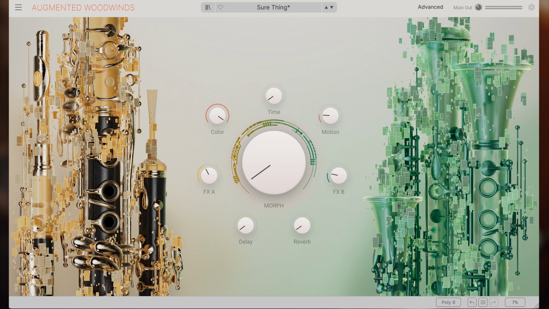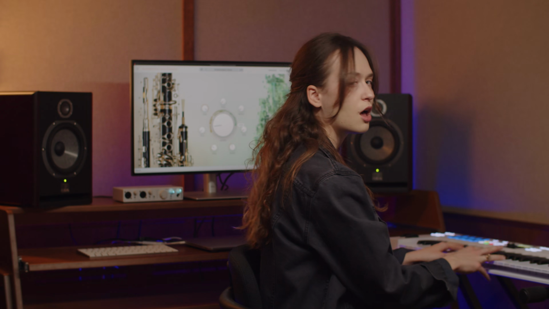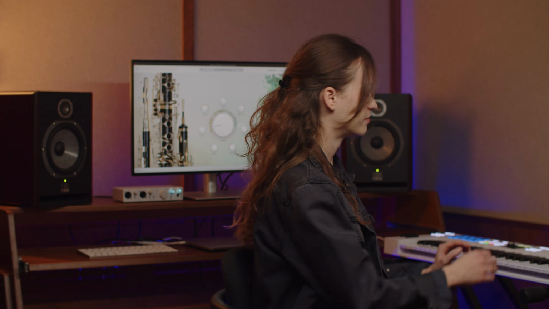The time macro controls how sounds change over time, ranging from quicker attacks to long releases. On top of these creative controls, you can introduce delay and reverb to add depth and space to any patch.